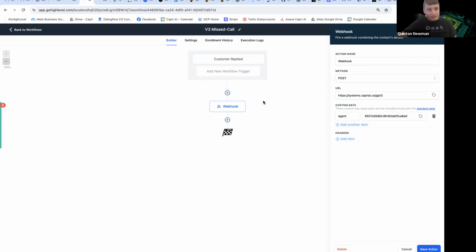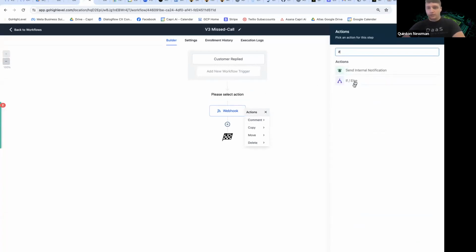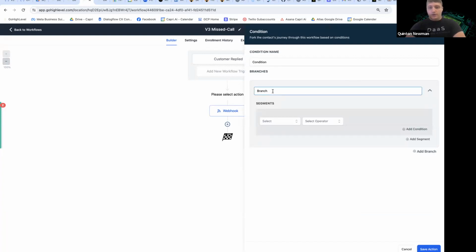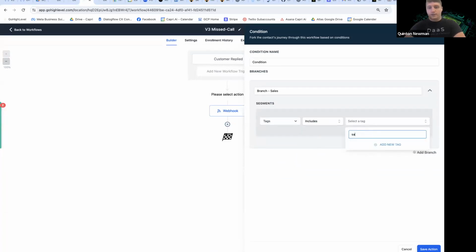And so each of your agents that you have built to perform tasks, now they can be segmented. And within each webhook, let's say if I wanted to have an if conditional here, I want to say branch sales. And so let's say if they have the tag, so contact details, tag includes, and then we'll just say sales,